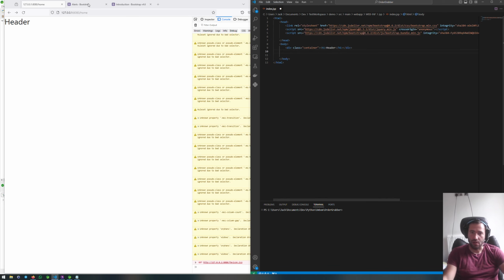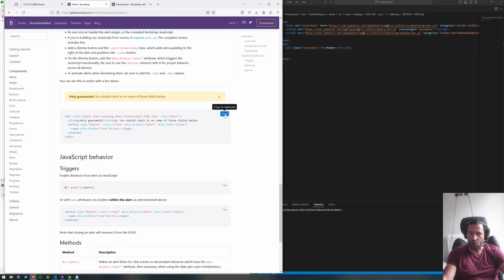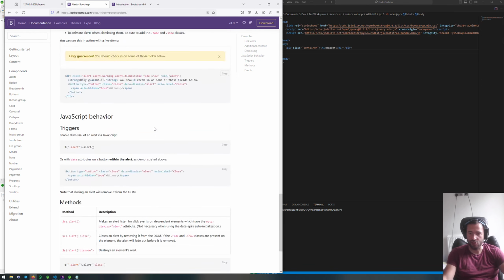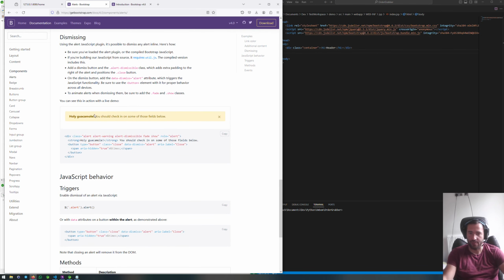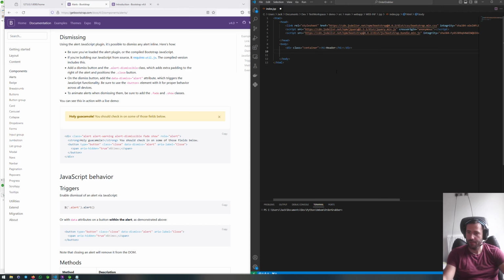Now we want an alert from Bootstrap. We're going to copy this part of the page. You scroll all the way to the end. It's one of the last examples with an actual displayed element. What we're looking for is it to have color in it, to have this bold but colored section, and also a dismissible cross on it. And it says Holy Guacamole. We're pasting that in. This is